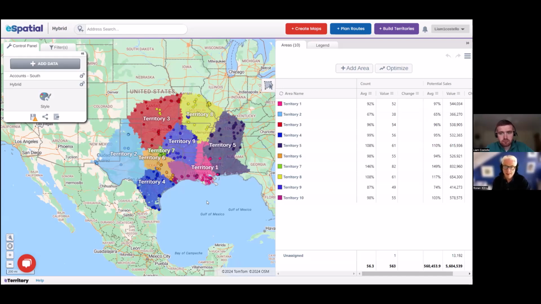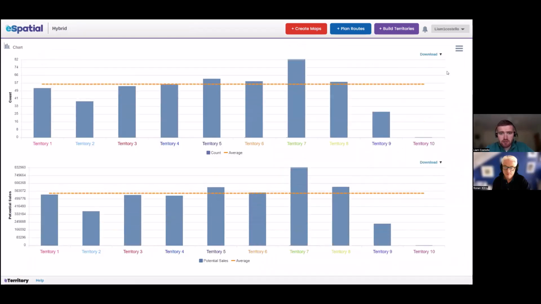Okay. Yep. So I'm looking here, so I can see those two metrics here. So what's this telling me? We can see in the count field that for territory 1, there are 52 customers associated to the rep. And then the sum of potential sales, or in the case you mentioned, historical sales, let's say last year's sales, is 544K. So you can see the breakdown of these two metrics in the legend.